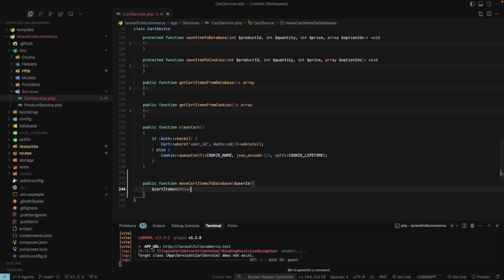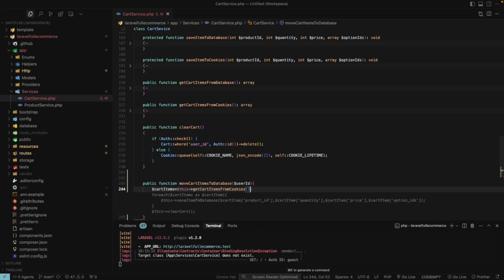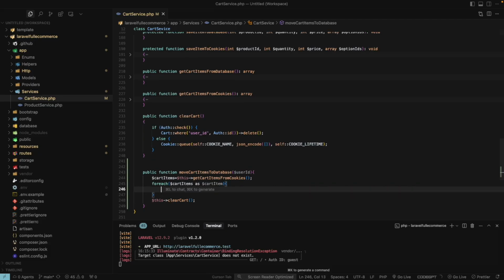this get cart items from cookies. Okay, and then let's loop through this and shift to the database. Okay, and here